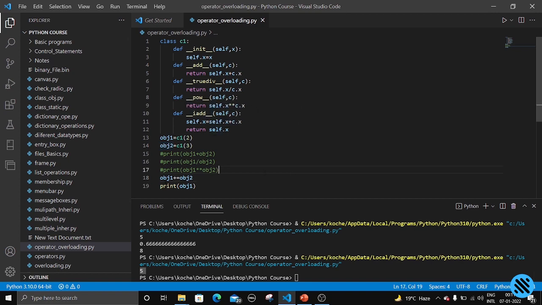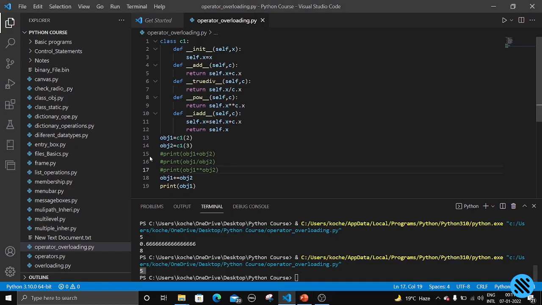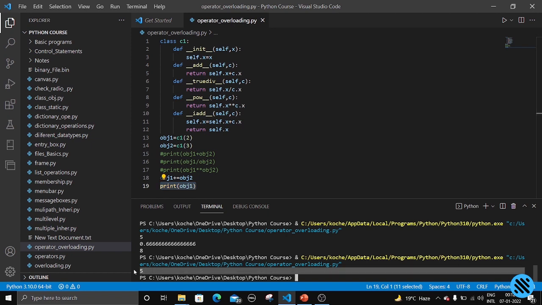How are we going to know that? Because we are trying to do the same thing. What is I add function? Obj1 plus equal to obj2, right? So it is given here, plus equal to. We are using the same operand here, obj1 plus equal to obj2. So the function is going to this one, and this is being executed. What is happening here? Obj1 is changing into obj1 plus obj2, that is 2 plus 3. And when we are trying to print obj1, what is the value being printed? 5. So this is how you use I add, and similarly you can use I sub, I mul, and I